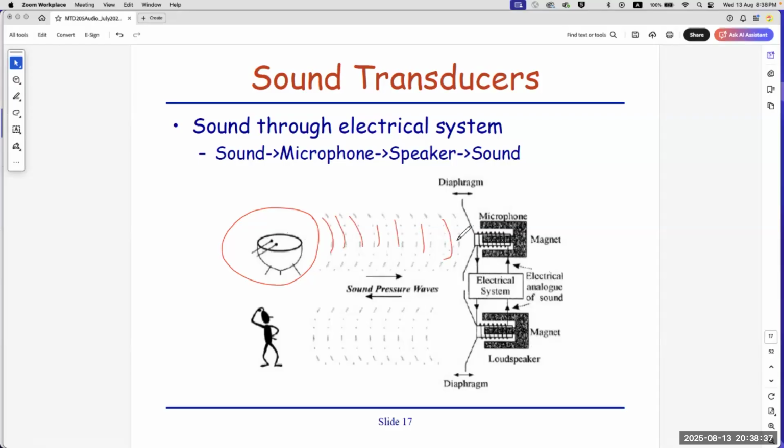Then it is picked up by this microphone, and because all these air particles cause sound pressure level, it disrupts the motion of the wire, and once the wire moves, it disrupts the magnetic field and produces an electrical signal, which is representative of the drum signal. With that, you can manipulate it. This drum sound can become a piano sound, or a guitar sound, whatever you want to manipulate with this electrical signal.